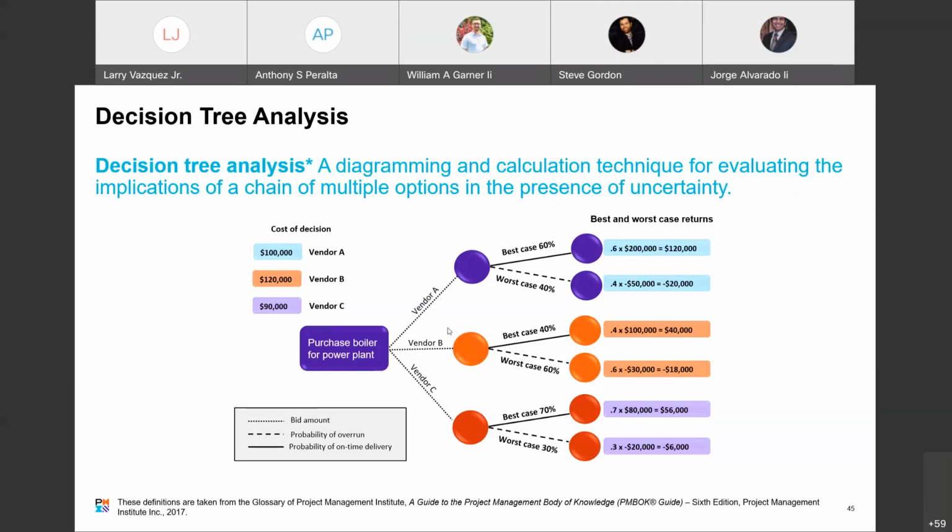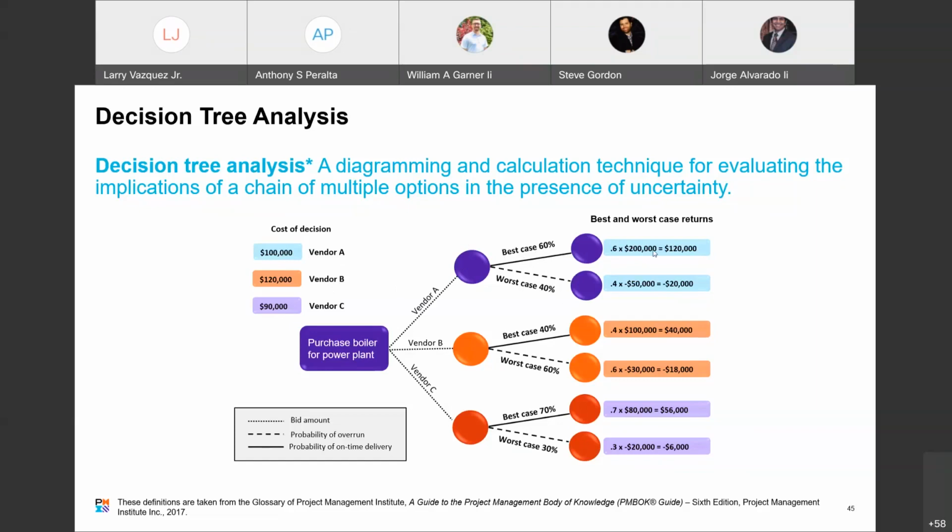So we have vendor A, vendor B, vendor C. What this is telling us is there's a probability here. We're going to get into the expected monetary value in a second, but I want to do something first. We've got a probability of best case or worst case for each of those. We're trying to make a decision which of these is going to be the best opportunity. Best case is 60% probability, 40% is based on historical data. You've worked with these people before, you know this is their general trend. Or maybe this industry before or something.